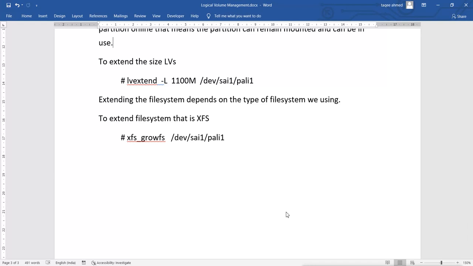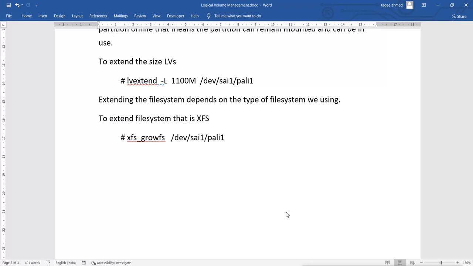Now when you want to shrink the LVM partition, I told you about the XFS file system, it has some drawbacks, and the drawback here is that you cannot shrink the file system.